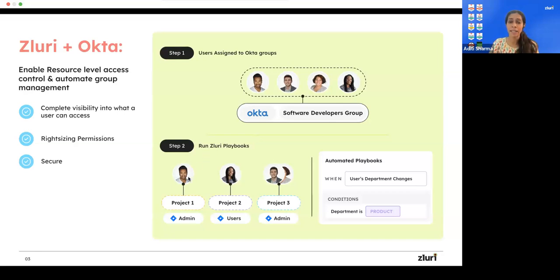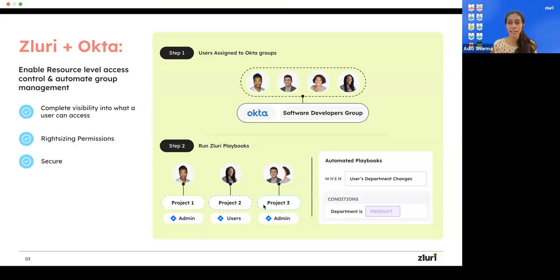For example, Sam only needs access to project 1 because this is the only project he's been working on, so you can add him to that specific project on Jira. If Josh and Sarah both need to work on project 3, you can add them to that specific project 3, and so on and so forth.